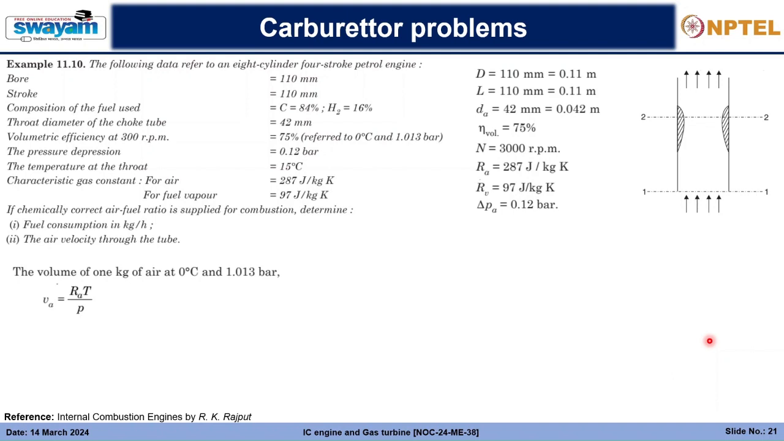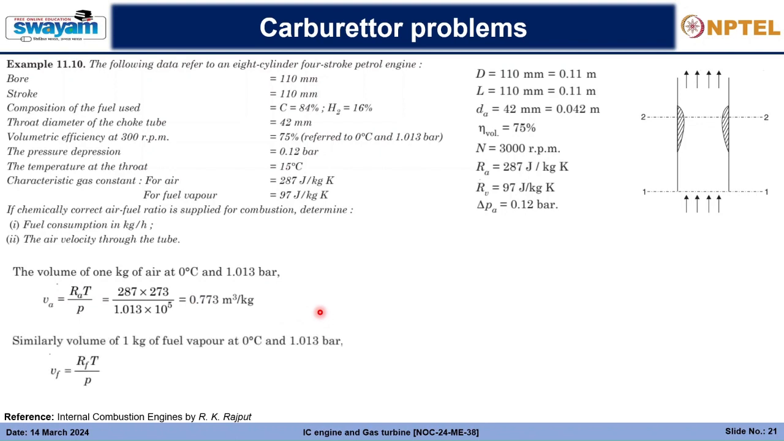Now we'll calculate the volume of 1 kg of air at 0 degrees Celsius and 1 bar. We will use this thermodynamic relationship, since for 1 kg, this is mRT divided by P, so that is 0.773 meter cube per kg. Similarly, for the volume of 1 kg of fuel vapor at 0 degrees Celsius and 1 bar, using the same formula, we will get 0.2614 meter cube per kg. Thus,